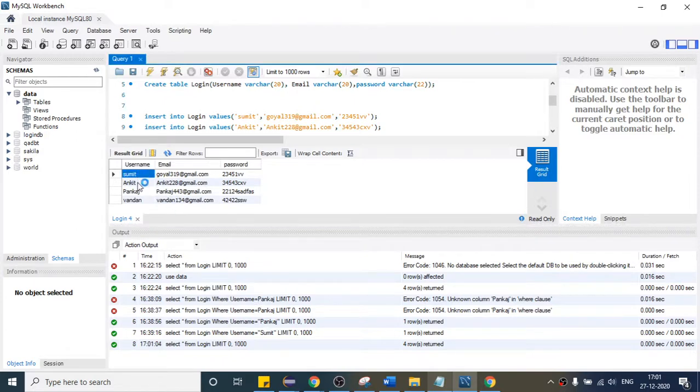So can I change this like this, or I have to enter the query? So let us do one thing. If client will change the detail,